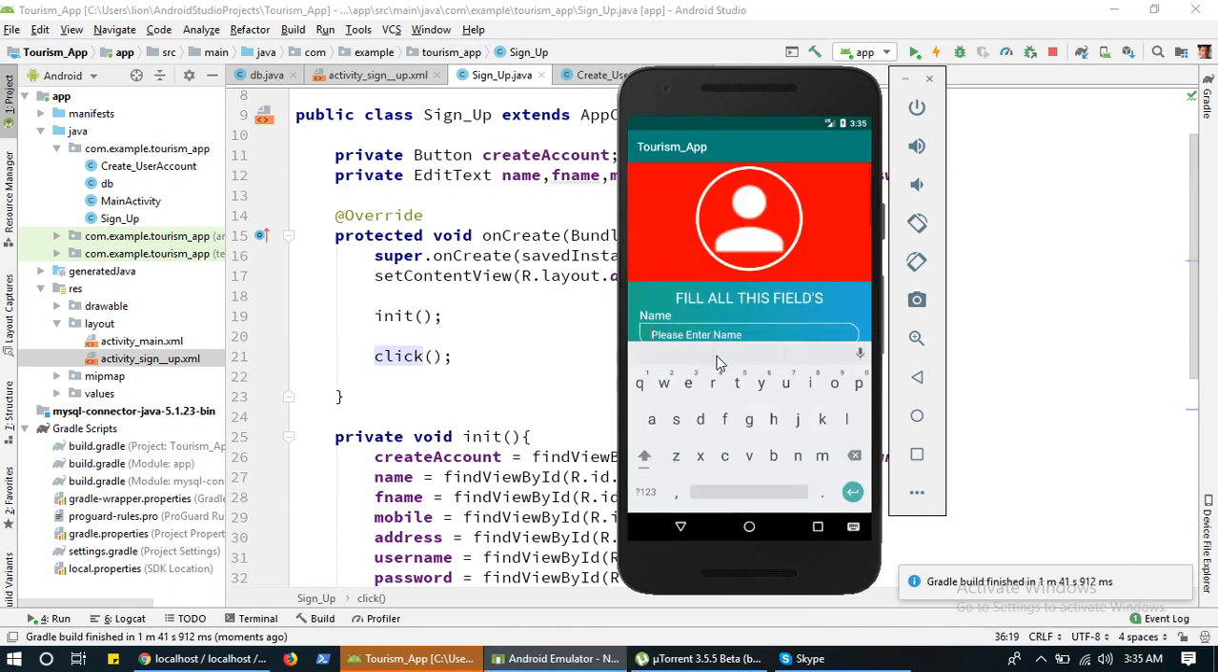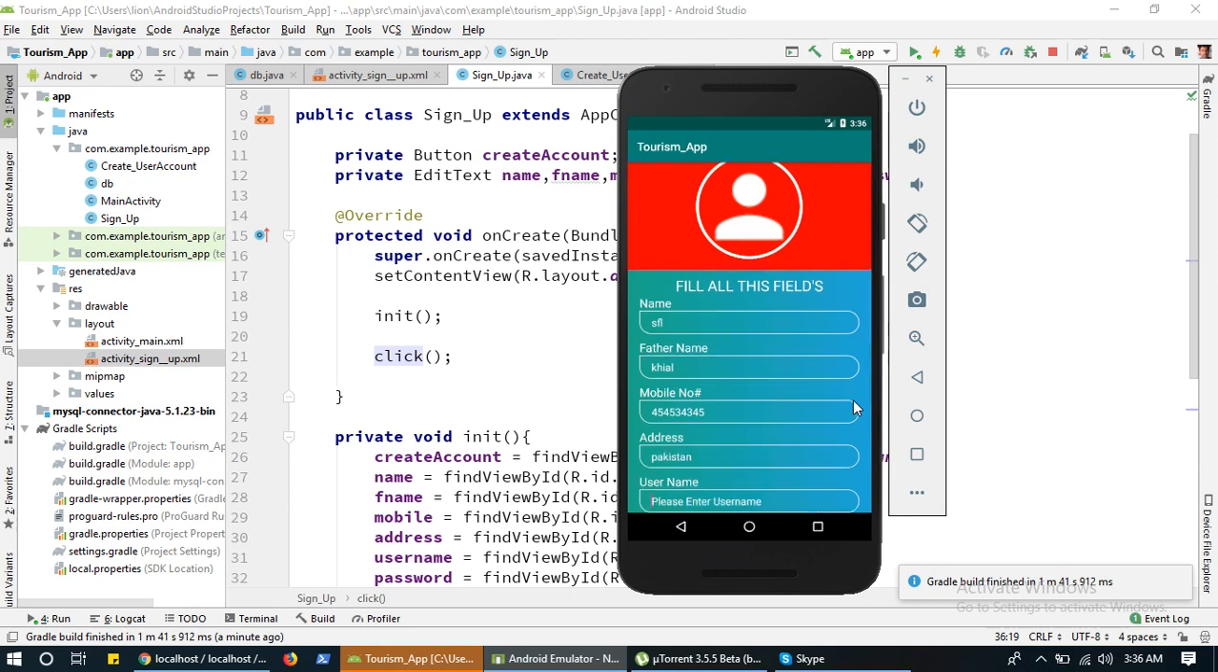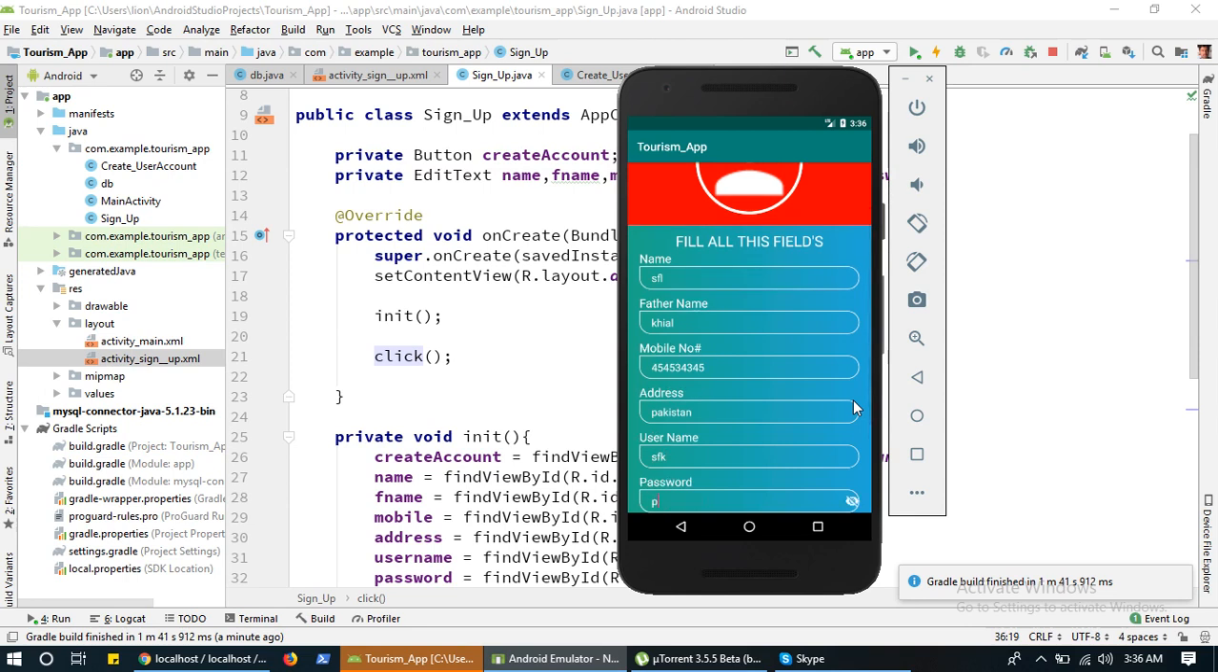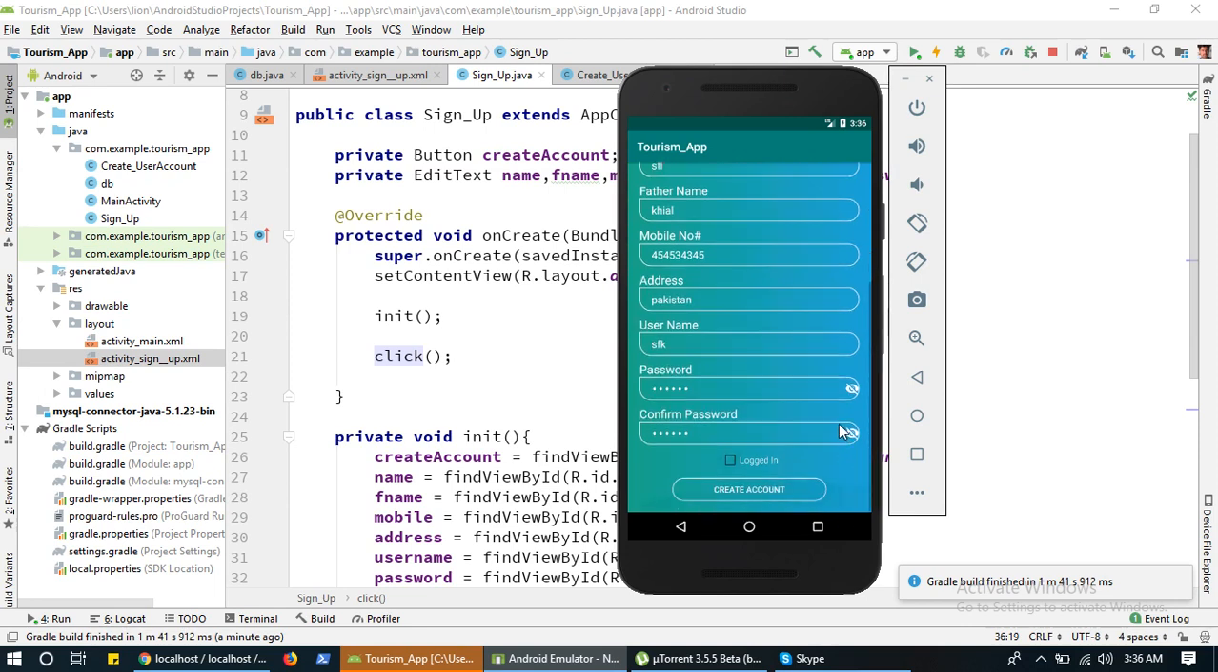So here I just fill in all the information. Name is SFK, so just remove this text. And father name is KHI, mobile number is etc. Address is Pakistan. Username is SFK. Password is Prince. Again Prince. Okay, so here I just press the create user account button, but I think it will show me